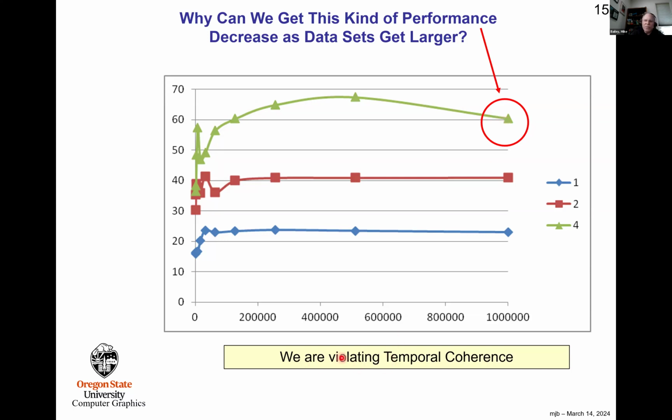And oftentimes the reason is you're violating temporal coherence, meaning I'm only using every data value once. So when I'm pairwise multiplying, well, I'm using these two numbers, one out of the A array, one out of the B array, but once. Then I'm using the next ones, the next ones, the next one. The spatial coherence is great, but the temporal coherence, we're not reusing anything. And so sometimes the reloading of the cache, you have to do it so often that